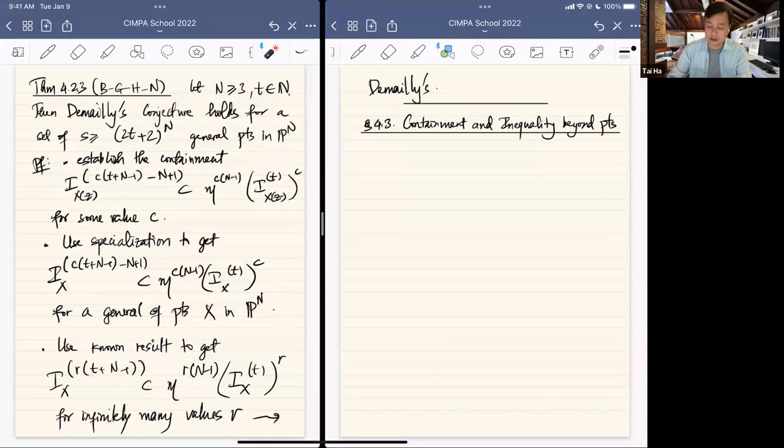Okay, so let's talk about containment and inequality beyond points. As I said before, when you look at ideals of any projective variety, your big height is no longer n. So we don't expect the same kind of containments or inequality where you still have n here, right? So you have to replace it by something else, and because there have been containment results using big height, it makes sense to think about this same kind of containment, replacing this n by big height, right? So the first question I'm going to state here